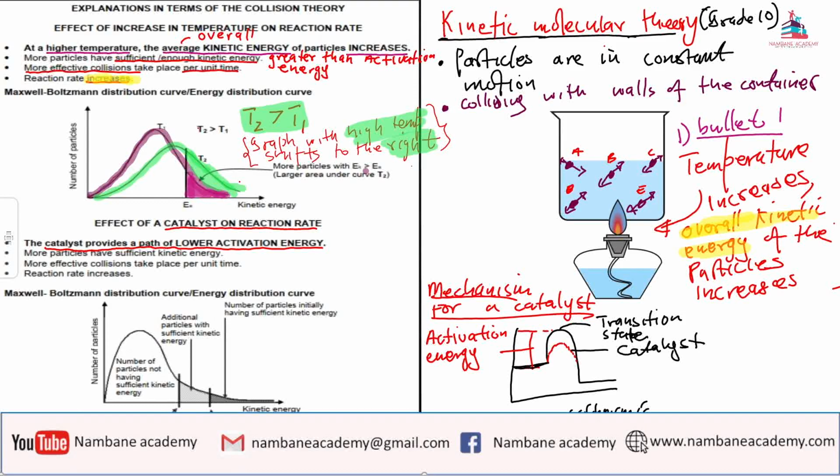So the mechanism is it lowers the activation energy. After the activation energy has been lowered, then it basically says we have now an alternative pathway. Instead of going up the hill, we can easily take the red path and be able to reach our destination quicker. So with that being said, it says we are going to have more particles with sufficient kinetic energy, which is greater. I need to emphasize this, which is greater